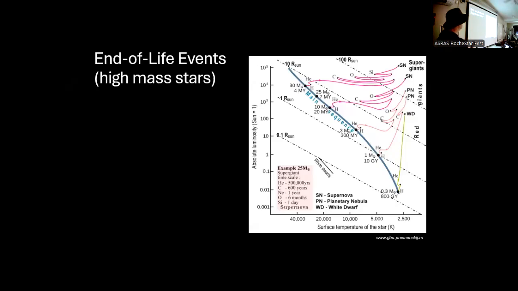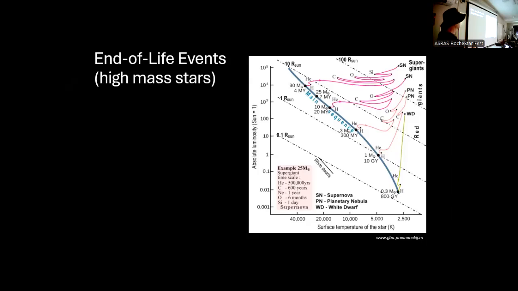So again, 10 times the mass of the sun. Mass of star, hydrogen to helium. Helium begins burning, and the star moves to the right. Again, carbon begins burning here, and each time this happens, the temperature of the core increases. The star increases in size, but decreases in temperature. So you see the decrease in temperature moving to the right, and the increase in size moving upward, until you get to a supernova. We're going to talk about how that happens, but it can get to the supergiant phase first.